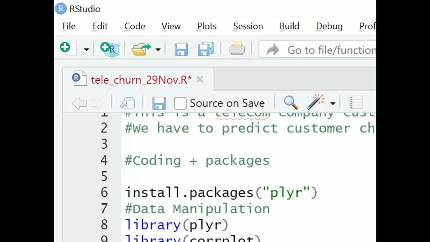Okay, if you will try to write the code yourself, it will become very, very lengthy, right? You will have to create your own functions and it will need an extensive amount of coding. The work that you will be able to do in 1 hour, you will spend up